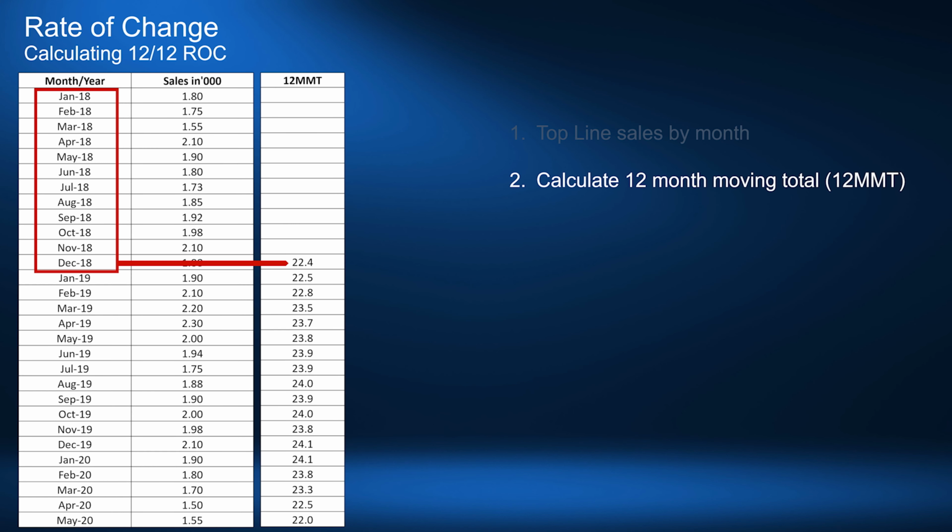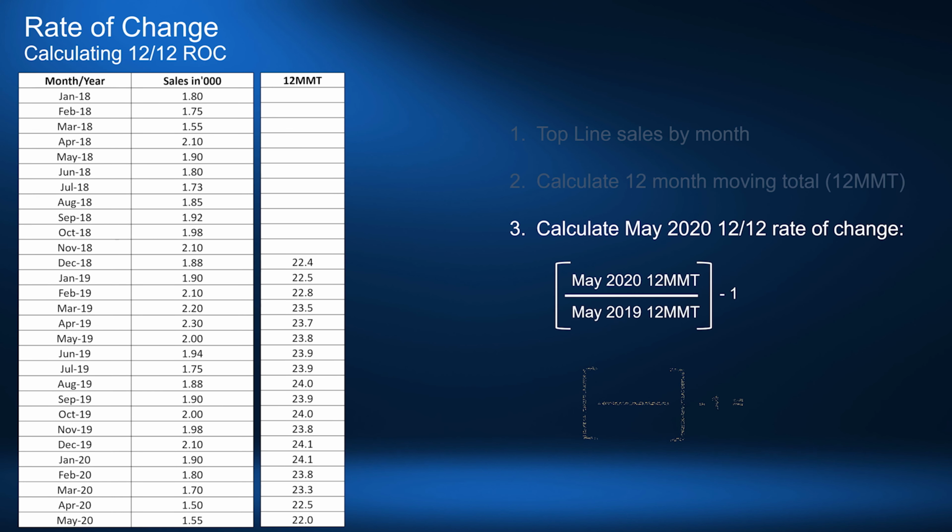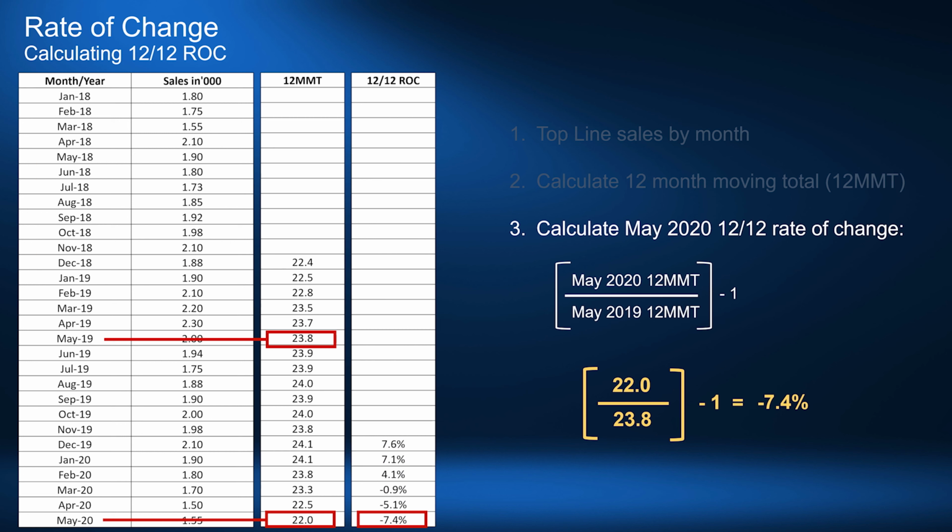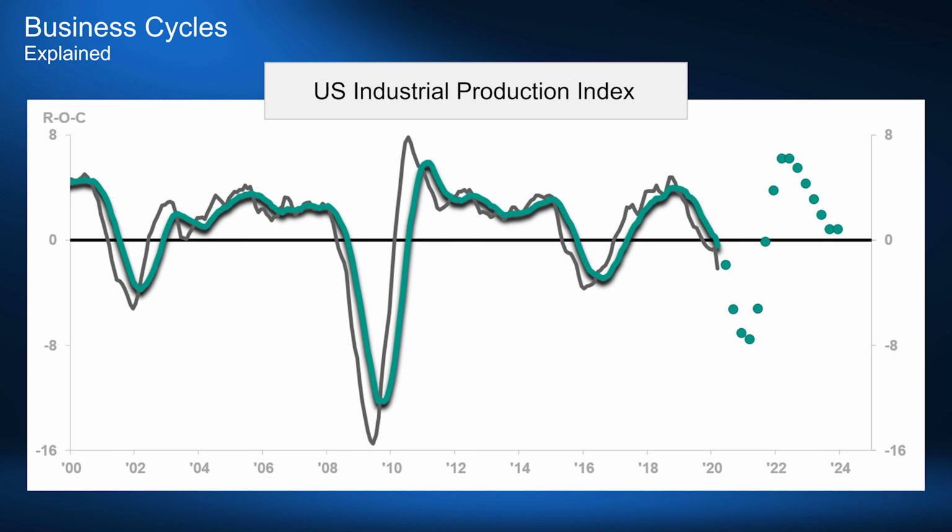The 1212 rate of change follows the same principles. The only difference is that it's based on a 12-month moving total. Once you have rates of change calculated over a long enough period of time, you can display them visually, like in this example of the Industrial Production Index. You'll find that the 312 will always lead the 1212 by 3 to 6 months, meaning that the 312 is the leading indicator. It's also important to note that anything above the horizontal line is growth and below the line